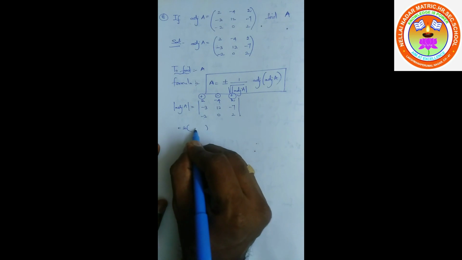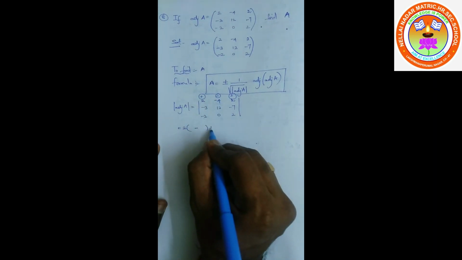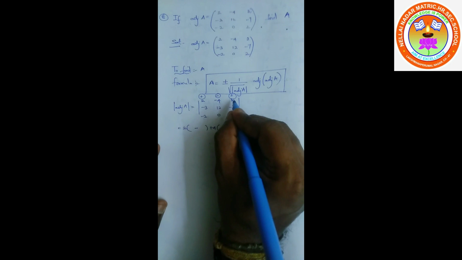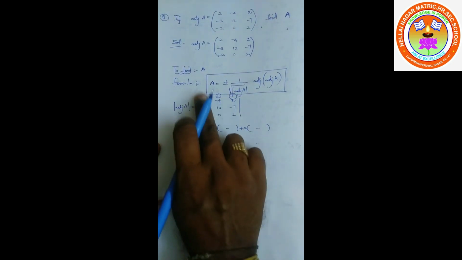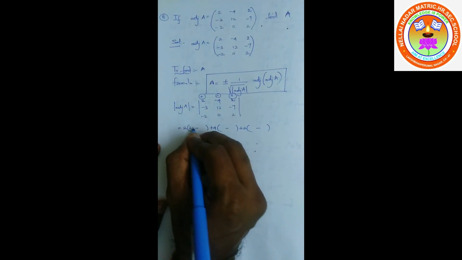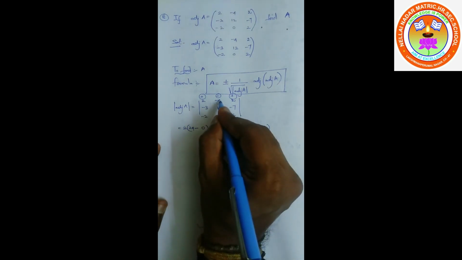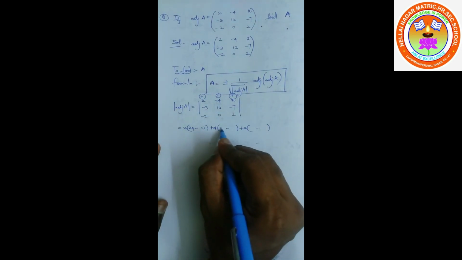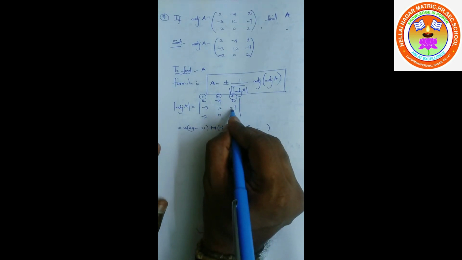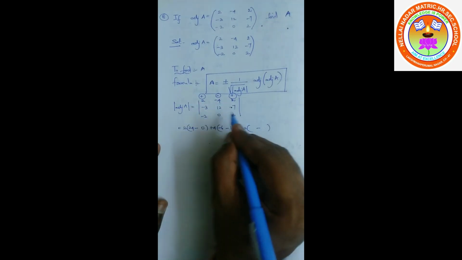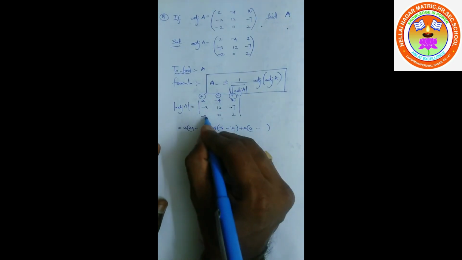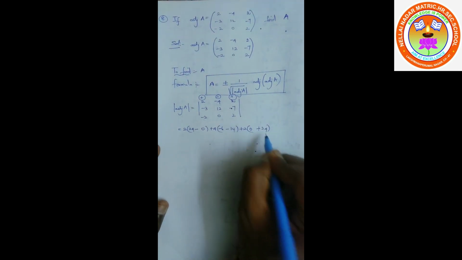2, open the bracket, minus, minus into minus plus 4, open the bracket, minus, this is plus 2, open the bracket, minus. This row, this column: 12 2s are 24, 0 into minus 7 is 0. Next for minus 4: minus 3 2s are minus 6, minus into minus plus, 2 7s are 14. Next for this row and this column: minus 3 into 0, 0, minus 2 into 12 is minus 24. Already minus is present, so I write plus 24.